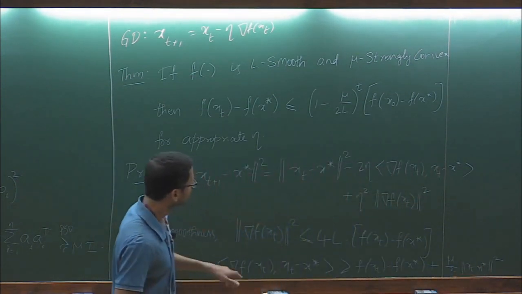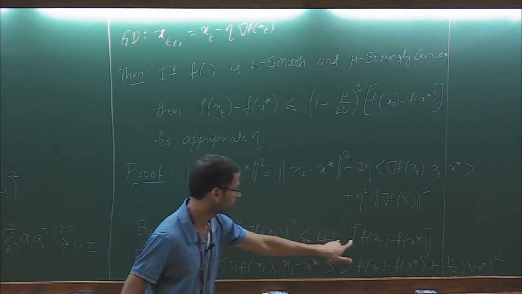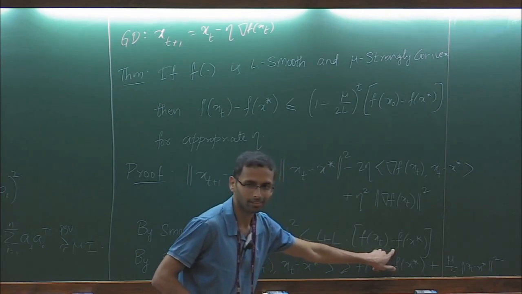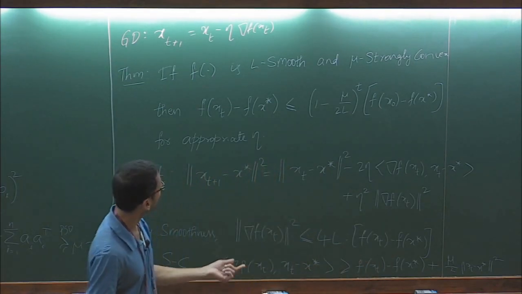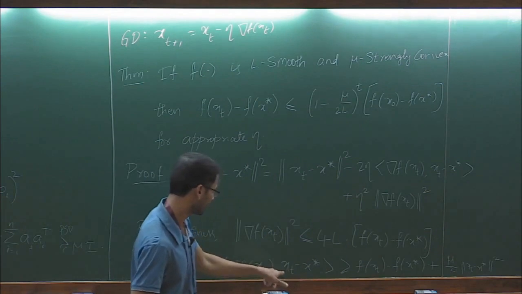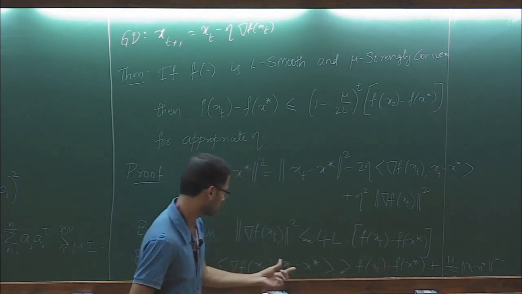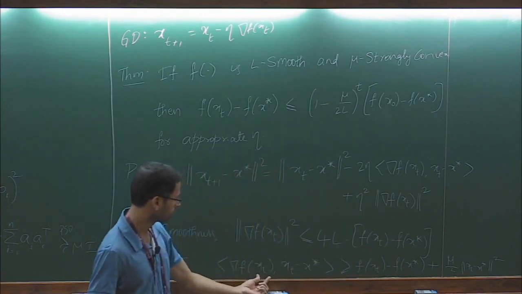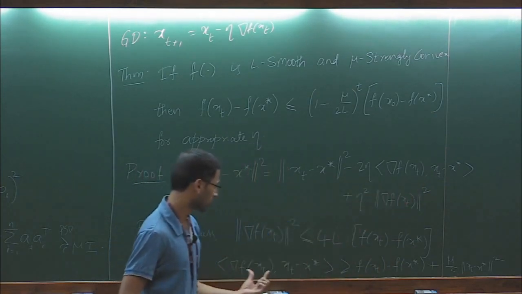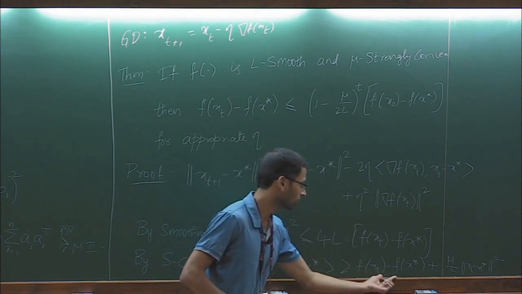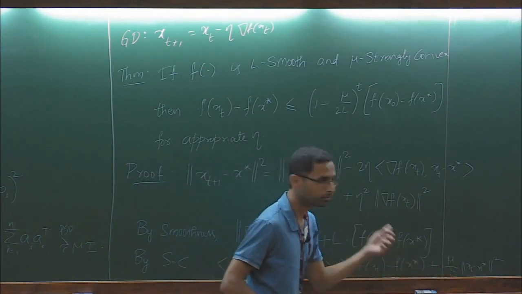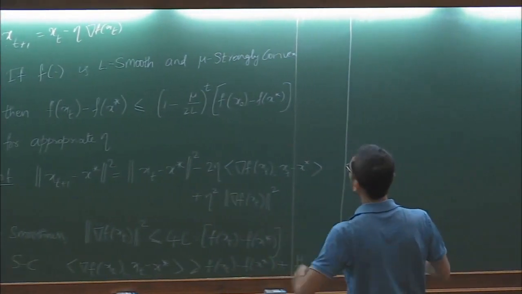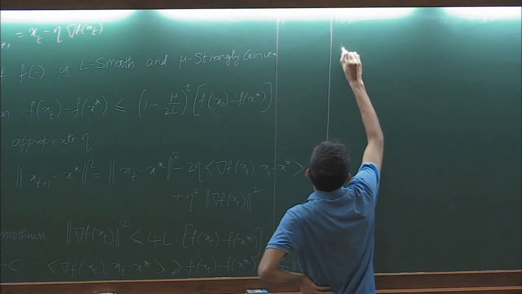okay. So this term we upper bounded by the smoothness parameter times the suboptimality from the last lecture, and if we apply the definition of strong convexity between x_t and x star, we know that f of x star is greater than or equal to f of x_t plus this term plus that term. So just interchanging terms, we see that this gradient inner product term is greater than not just the function suboptimality but also this additional term, right? So just plugging these two things in, we see that